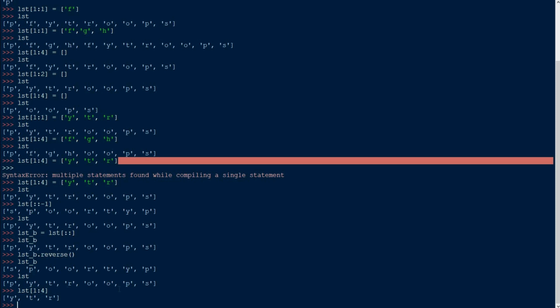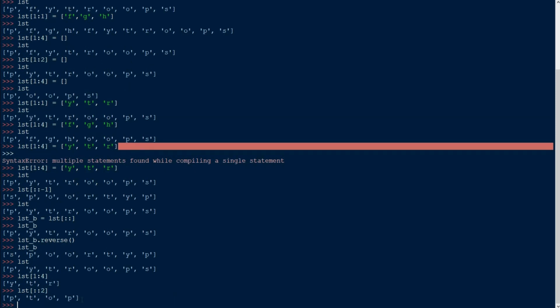If I want to get all the elements from the list, but I don't want the second element from the list, let's say I want P, T, O, P. I don't want Y, R, O or S. I can simply do that by typing lst[::2], with a difference of 2. Sorry, I want to start from the beginning as well. If I press enter, see we got P, T, O, P. We did not get Y, R, O and S.